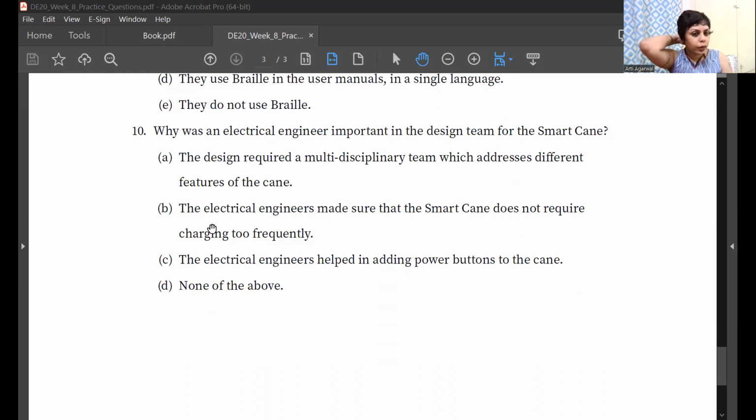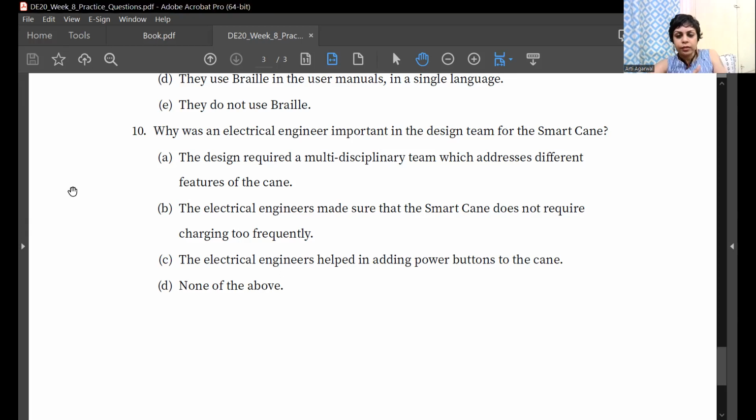The last question here is why was an electrical engineer important in the design team for the smart cane? Now he discusses this part where we talk about how they have a very interdisciplinary design team, and that is kind of why the product is successful in the design phase itself. The role different people in that team play matters a lot in the technological innovations they've added in the smart cane. So the A option is correct, where it says the design required a multidisciplinary team which addresses different